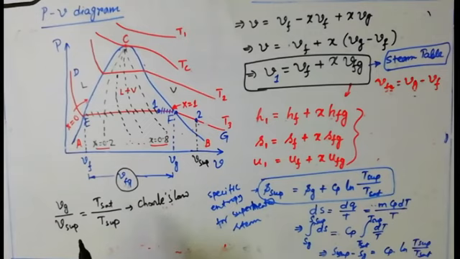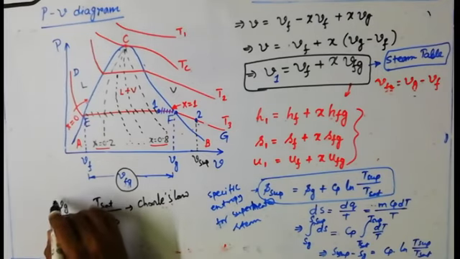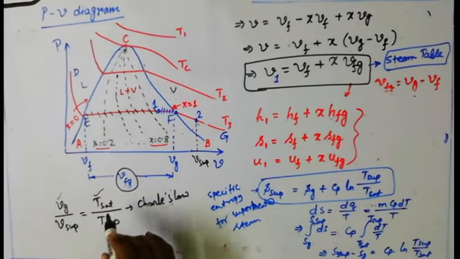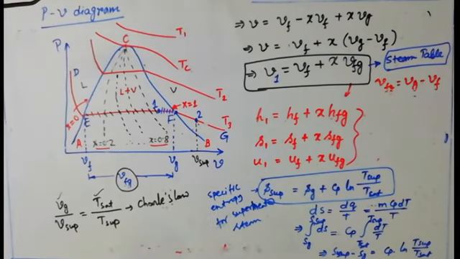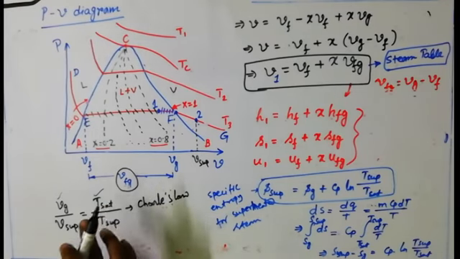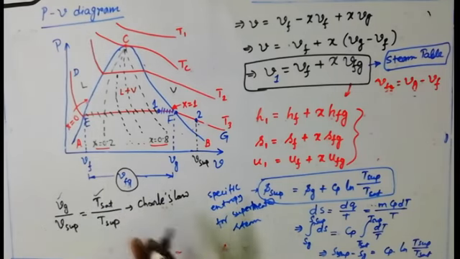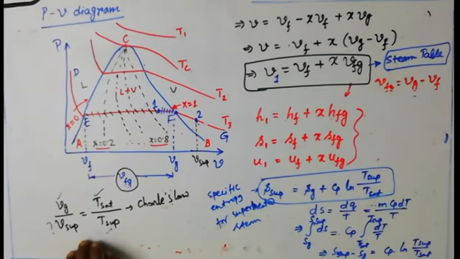If you know any of these three values, then the last one can be found out. Saturation volume and saturation temperature can be easily found from any steam table. If you know the pressure, then at a particular pressure the saturation temperature or the specific volume is available from a steam table. And if T superheated is given to you, then from there you can find the specific volume of superheated gas or superheated vapor. So that formula also can be used to find out any unknown value.